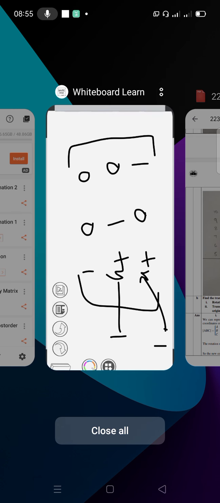What is shear transformation? The shear transformation concept comes from engineering mechanics. Consider that you have an object, a rectangle or a square, having coordinate set a, b, c, d. This is the x axis, this is the y axis, in a plane, and then you are applying some force.